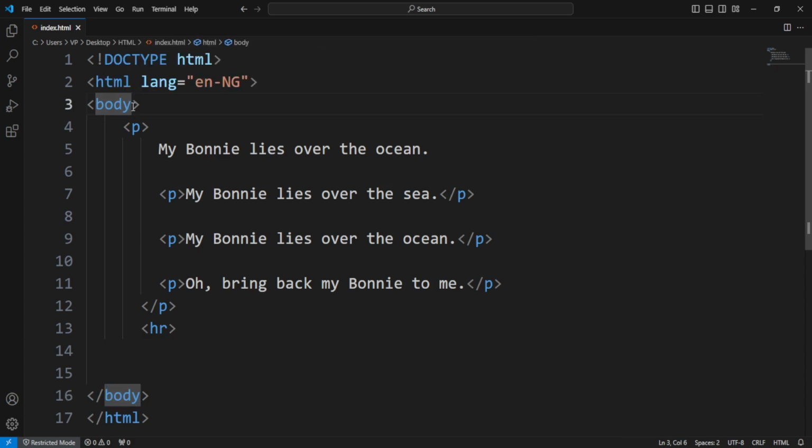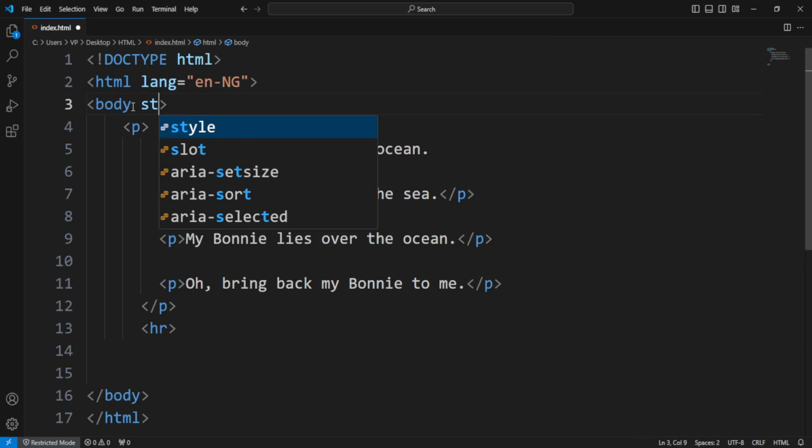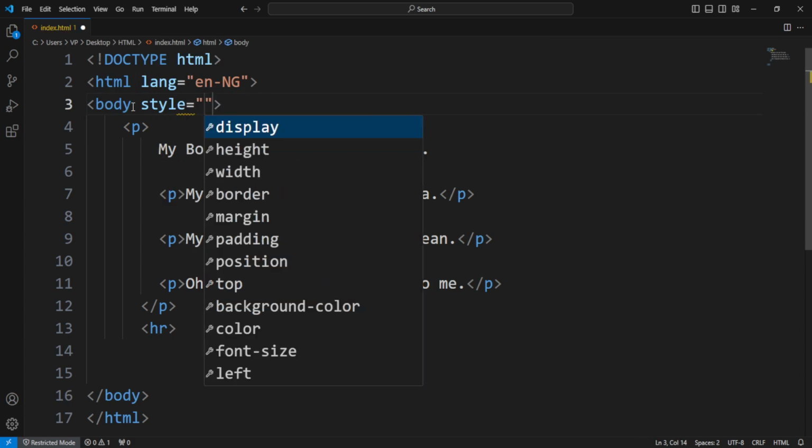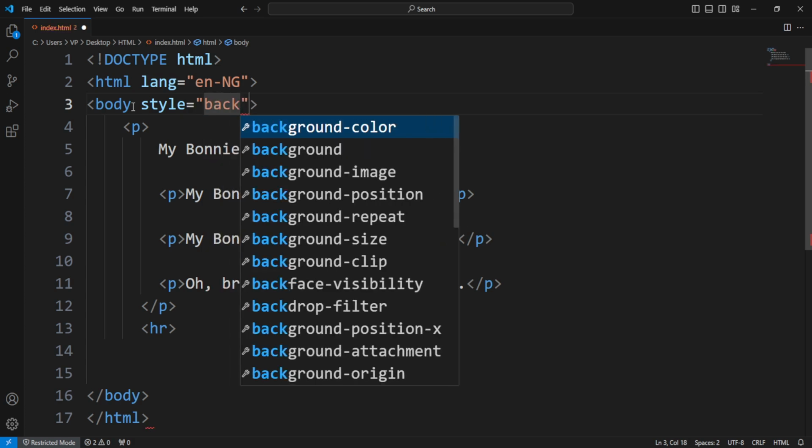Inside the opening body tag, let's write our style attribute, the HTML style attribute, along with the CSS background color property,